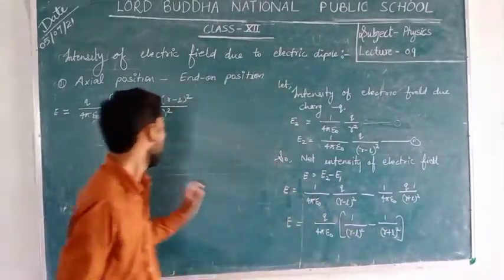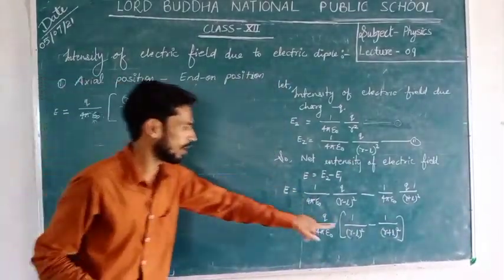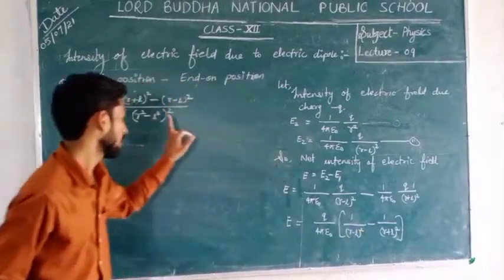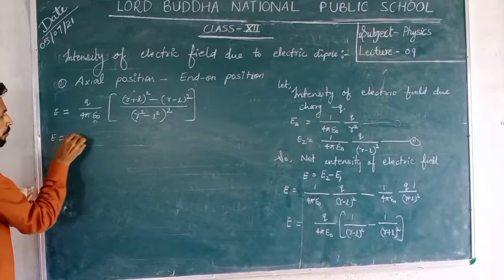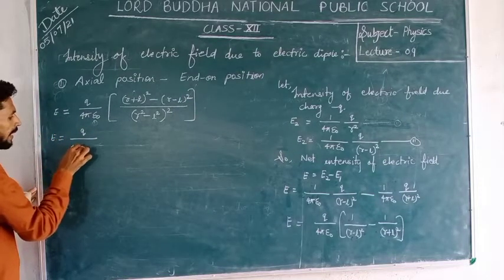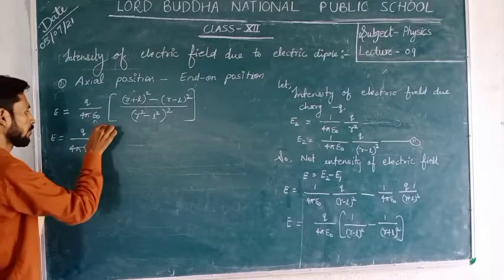So this will be r square minus l square, and also take the square, and E equals q upon 4 pi epsilon naught